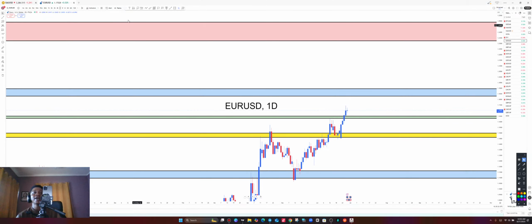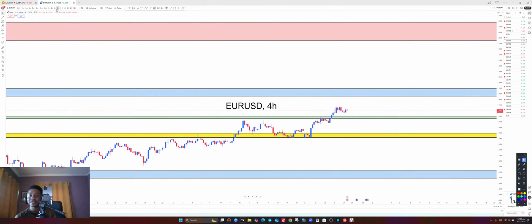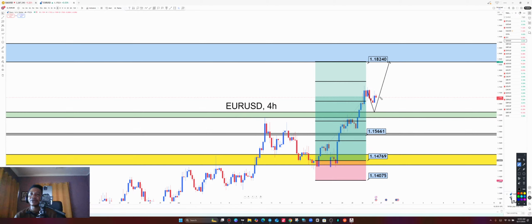How do you pick the buy? Again, onto the 4-hour time frame to complete this analysis. All right, so this is the 4-hour time frame of EUR USD. Like I said, we are already in a buy over here, and we are moving all the way to the upside. But how can we pick a buy on EUR USD currently? It's very simple. Yesterday we said if price gives us a retest, we can pick a buy all the way to the upside, and that's exactly what we're waiting for.